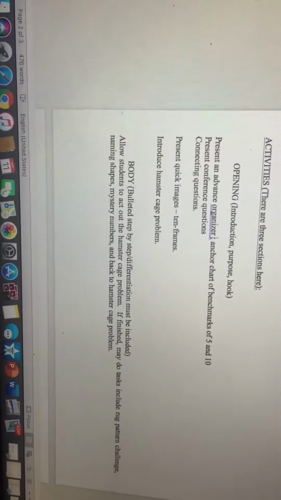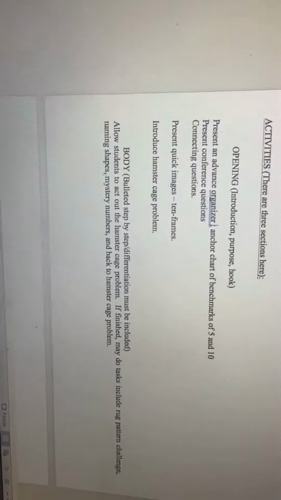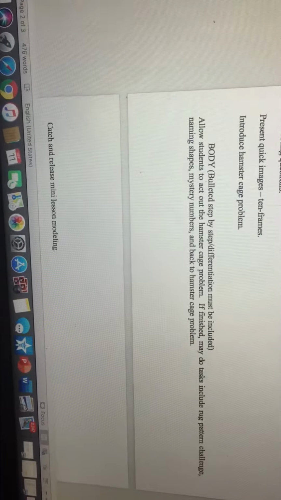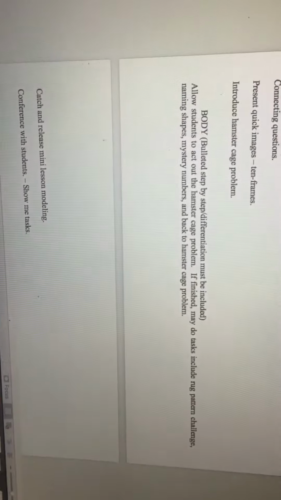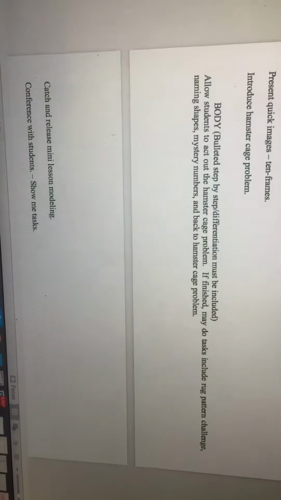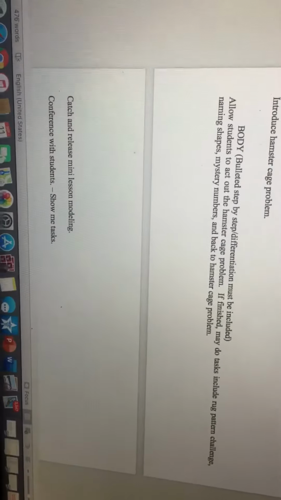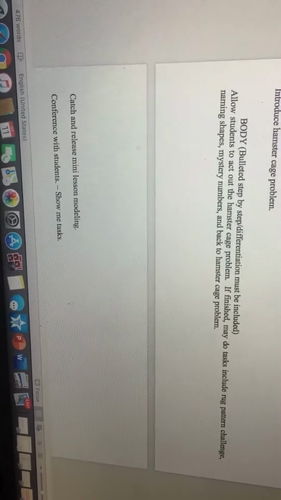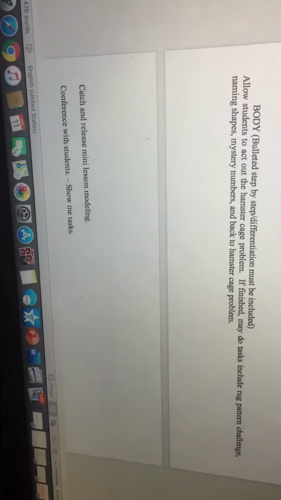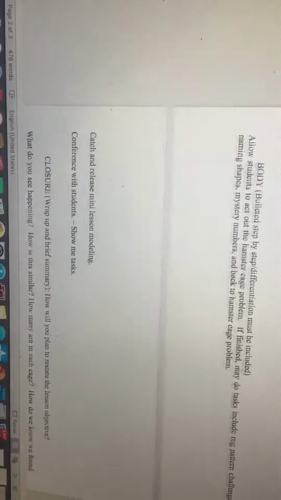It doesn't paint a picture to me. I'm still kind of confused. I wish there was pictures or maybe a better explanation. I'm kind of confused as to exactly what they're doing. I know they're going to act out the hamster cage problem, which is probably on a sheet, but I'd like to see this problem. If they're finished, then they could do a rug pattern challenge, but what is the rug pattern challenge? I know they're naming shapes